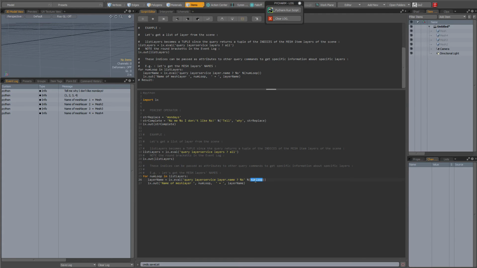So the first time it will be 1, the second time 2, the third time 3, and the fourth time 4. So this will be substituted each time with the value of that tuple,